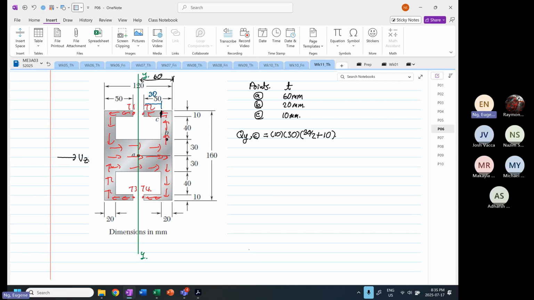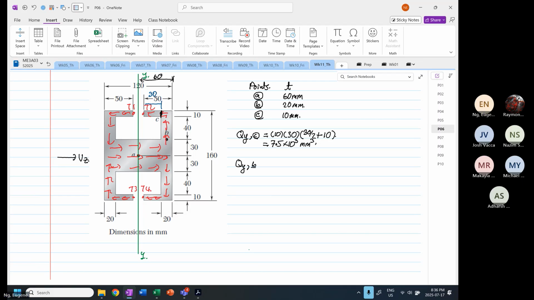Okay, so let me check again. The width is 10, the depth is 30, the Y bar is 30 divided by 2 plus 10. I'm okay. So this is equal to (30 divided by 2 plus 10) times 30 times 10 is equal to 7.5 times 10 to the power 3 millimeter cube. Let me do it. 30 divided by 2 plus 10 times 10 times 30. Good. Okay. Next, I'm going to do QY